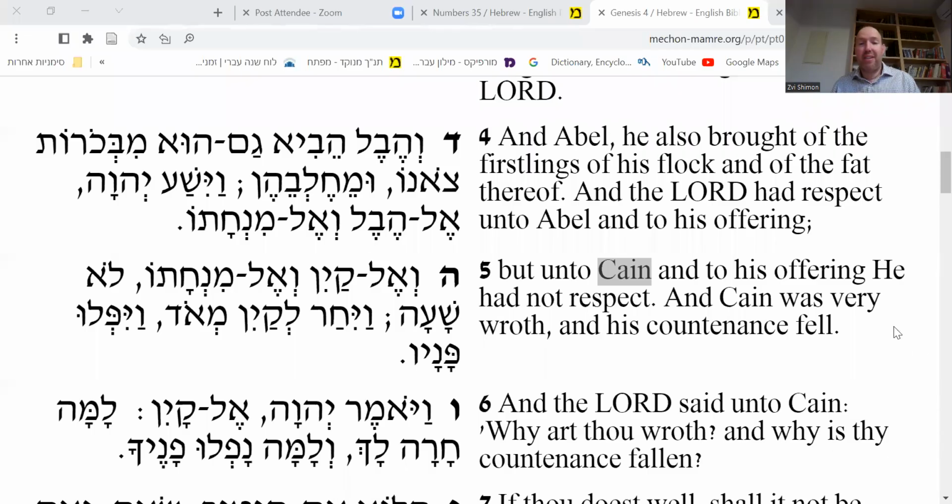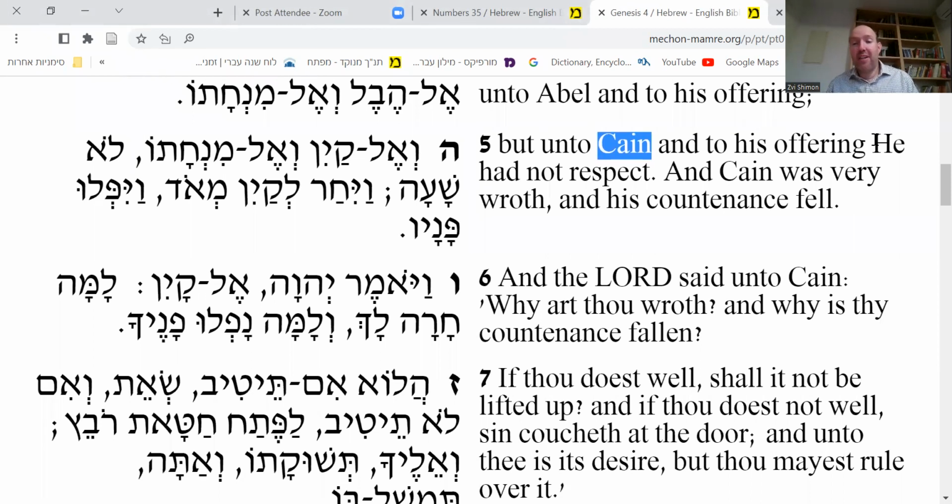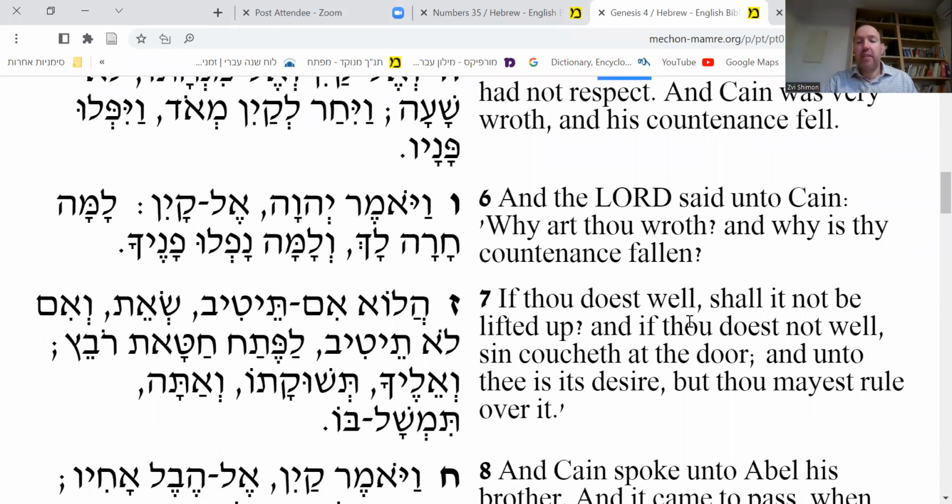And this brings us to the first dialogue. After Cain is really down due to his failure in his offering, where God doesn't heed his offering, God approaches him after seeing that his countenance fell, he was really down. And the Lord said unto Cain, why art thou wroth? And why is thy countenance fallen? If thou doest well, shall it not be lifted up? Tells him, why are you feeling so down? If you'll do better, try better, then you will succeed. You'll be lifted up. If you do not do well,